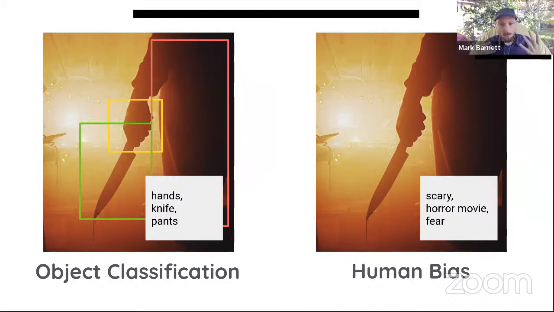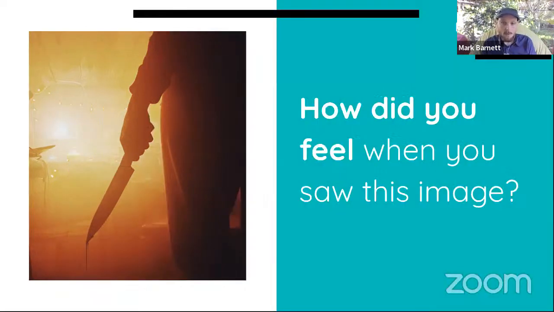So sometimes our brains add more information that isn't necessarily there. Now, that's not a bad thing. It's actually a bonus for us as human beings, because we look at this image and we get an emotion, we get a feeling, we get a reaction. And those reactions that we have help us to stay safe. They help us to interact in the world. So when I say that humans have bias, it's not a bad thing.